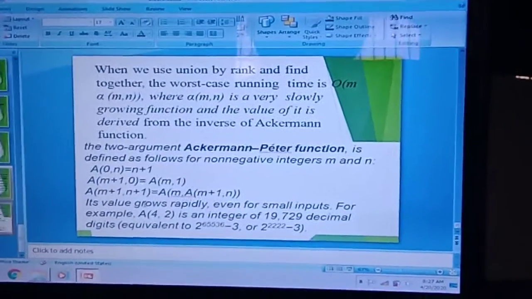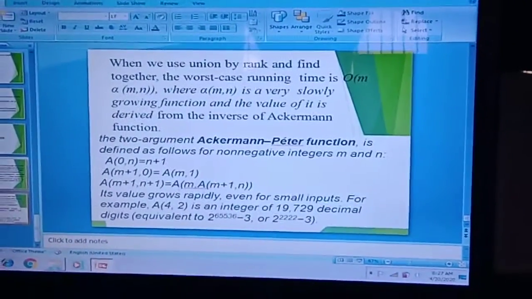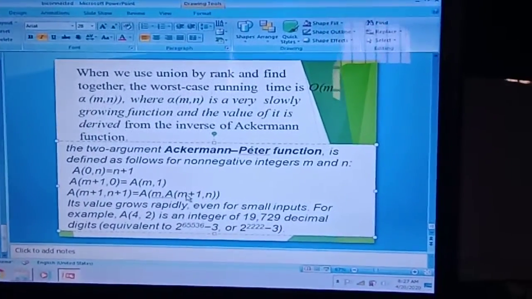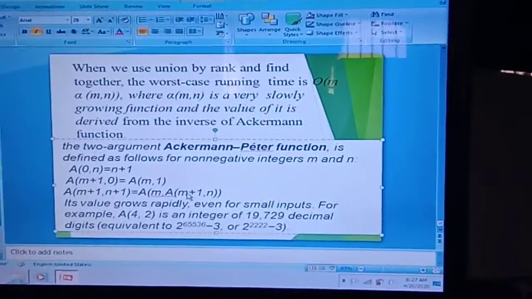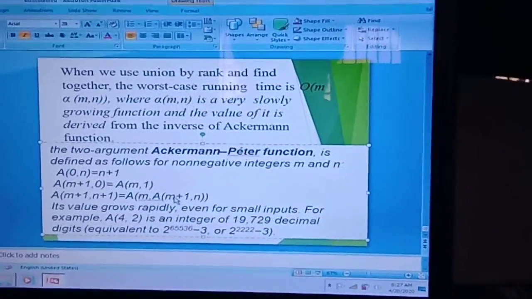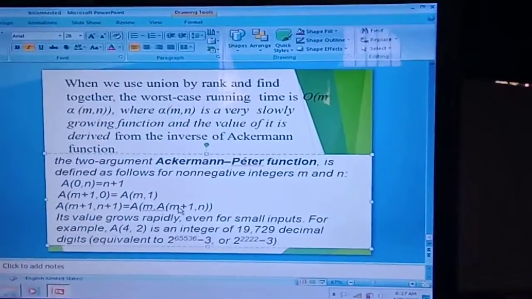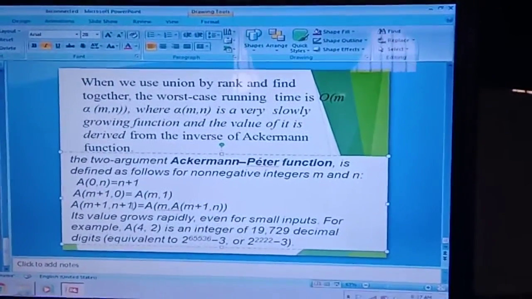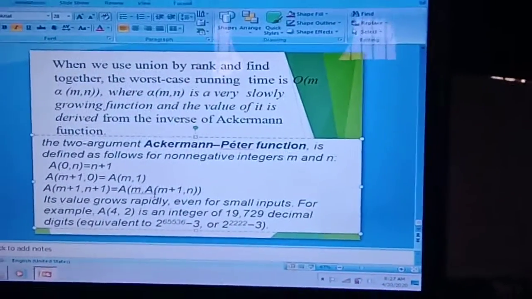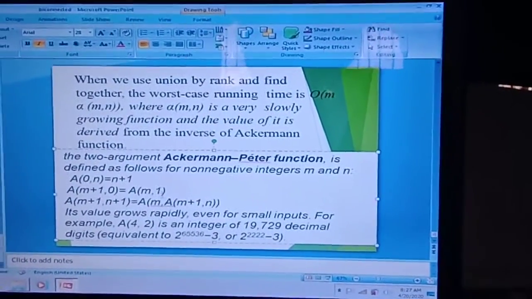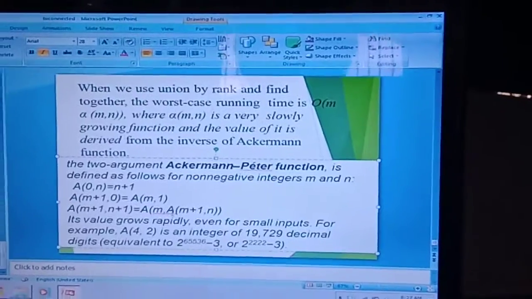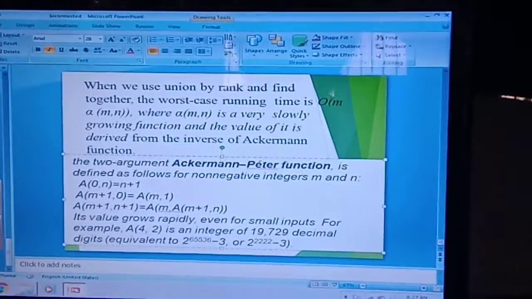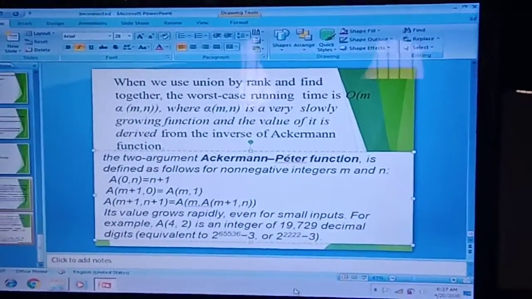And next, A of m plus 1 comma n plus 1 is a self-loop, like considering a for loop within another for loop, nested, so you recursively call the iterations: m plus 1 outer, n plus 1 inner. If this is a single loop, then for multiple loops you recursively call the same function with n values.